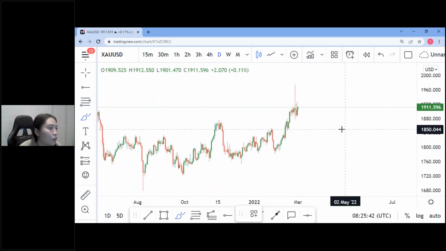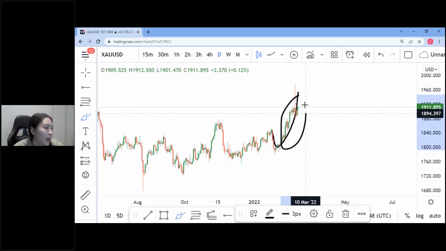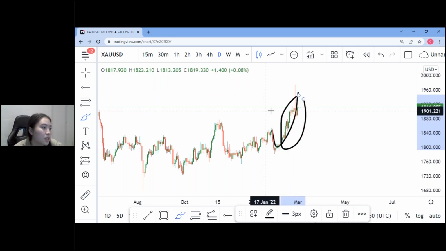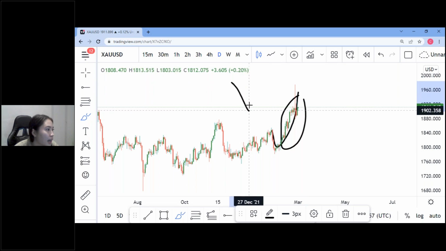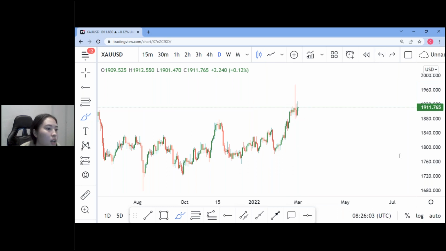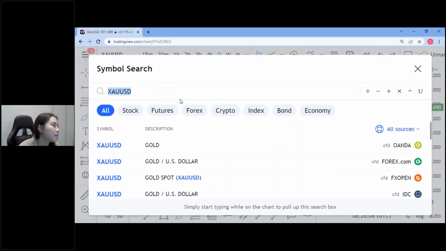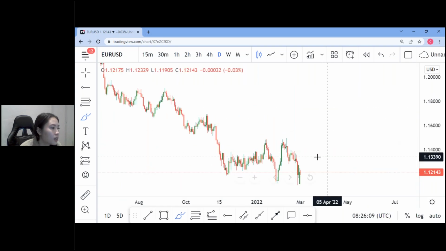I'll give you an example of what is not a Fibonacci retracement. This is not a Fibonacci retracement because this back end is longer than the first end. So this is called a Fibonacci extension, which we will be learning next week. This week we're learning retracements, which does not allow the back part to pass the first part. So Harana is saying EUR/USD. I'm assuming you mean there is a Fibonacci retracement there.